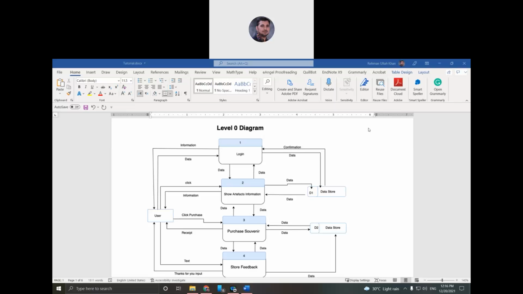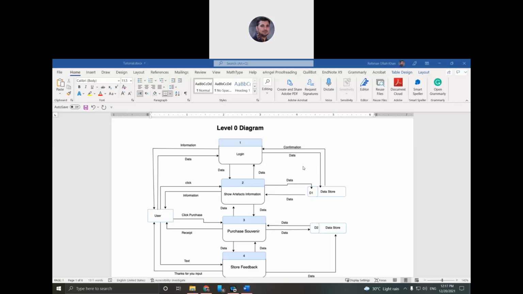Okay, this is also a good question. Zainon is asking whether the input and output should have the same name. Actually, for balancing purposes, if someone wants to trace back where the data in level 0 and the context diagram is, then the best way is to give the same name. Then the same name can easily be traced back for the balancing process.